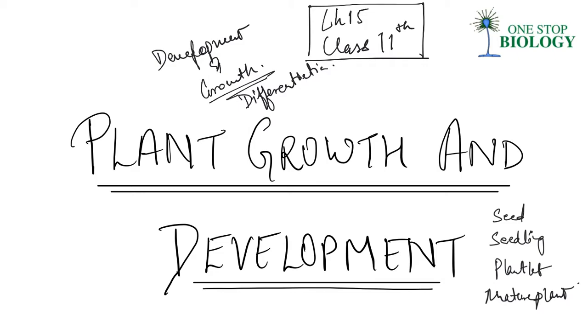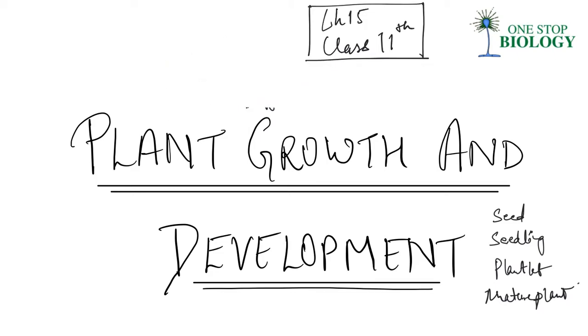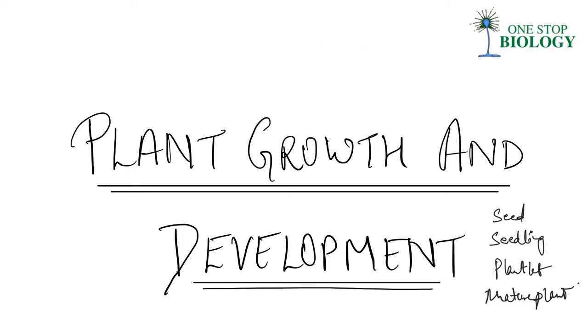So we'll see the order. Basically, it is a highly ordered succession of events. We'll see why this occurs in this order. What is the criteria of growth? What are the criteria of development, and how exactly it happens, right? So in today's video, we are going to discuss all about the growth of the plant. What are the growth factors?